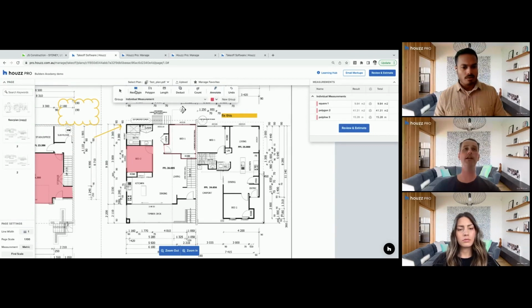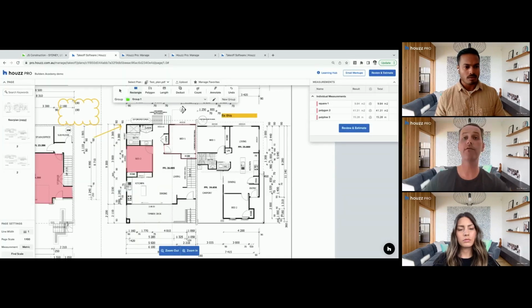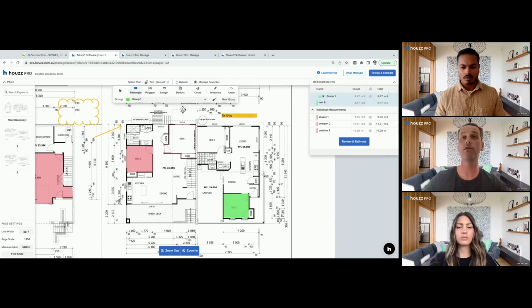One thing I'd really like to focus on today, and I'll show you as we're doing different measurements, is using this group feature. What the group feature does is it groups multiple measurements together to give you a total. I'll show you quickly how that works, and we'll really get into it as we're measuring specific materials. We click on a tool that we want to use, and then we click on New Group. I'll just call this one Group 1, and we can give it a color. I'm just going to give you an example of how this works. So if I did 1, 2,